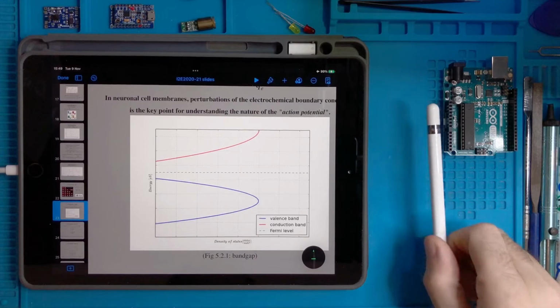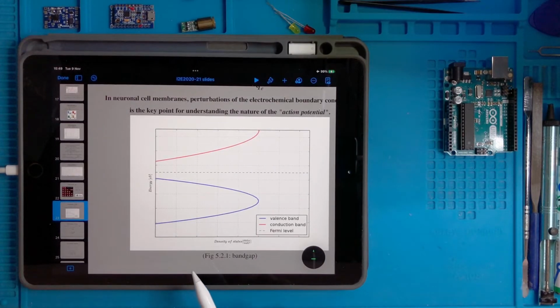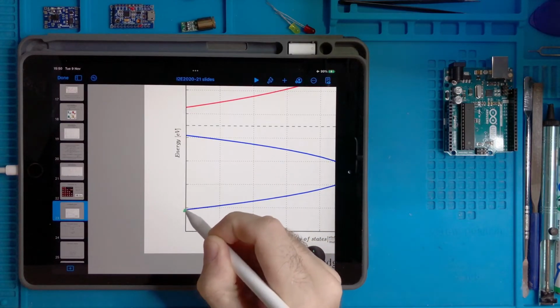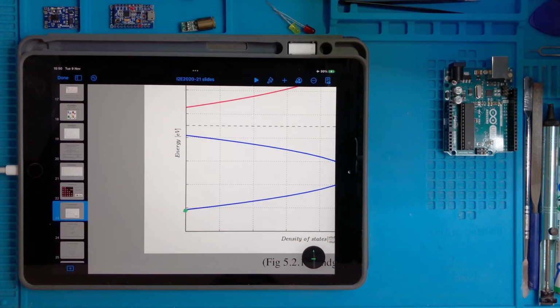So here what we see is that when we consider the lowest possible number of states, the energy is already a little bit above zero. So we are here in the graph. It means that even in the most simple condition, an electron around a nucleus has got a little bit of energy.